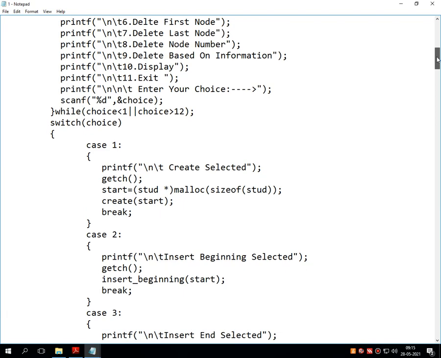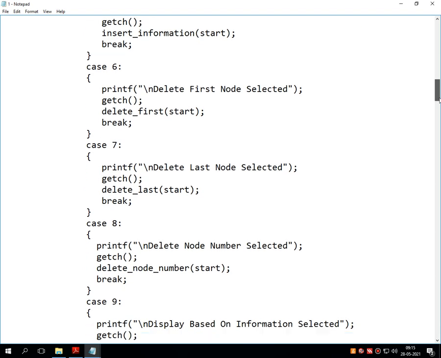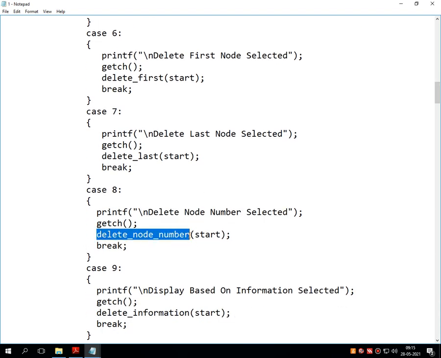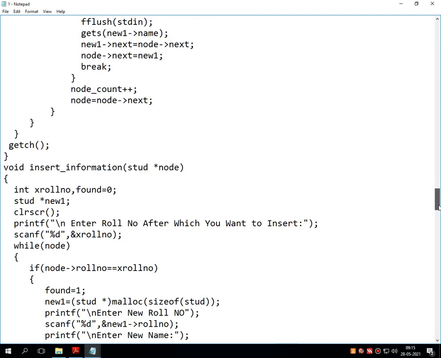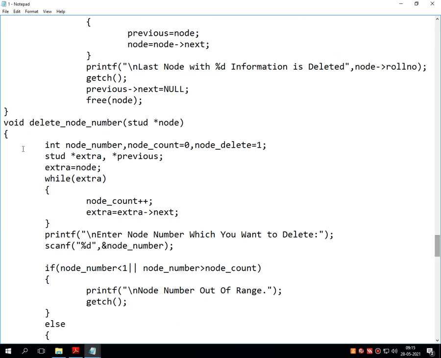Same like that, the next option is delete based on information, delete based on node number. For that, option number 8 is there. That option calls the function delete_node_number. The delete_node_number function finds the particular node number, same like inserting.